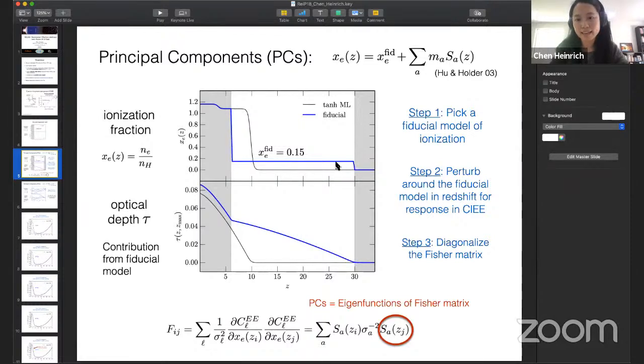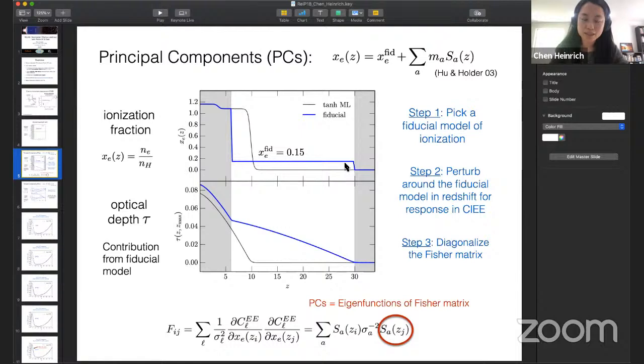It can be really anything. So we assume it's 0 beyond some Zmax, then fully ionized below some redshift of 6, and then just a constant in between. And I should say, this is not news. This was developed in 2003, actually by Wayne Hu and Gil Holder. So this was their pioneering work for this analysis.